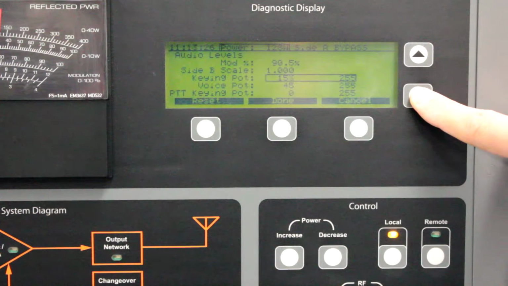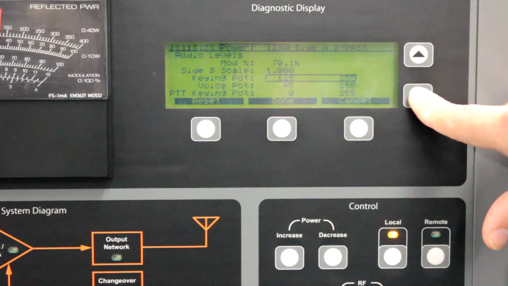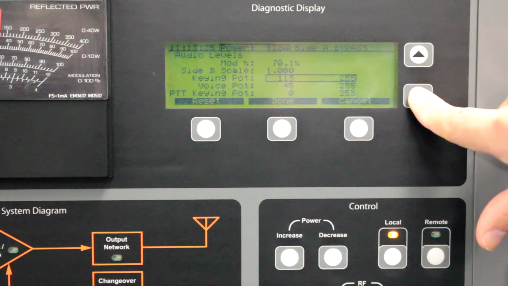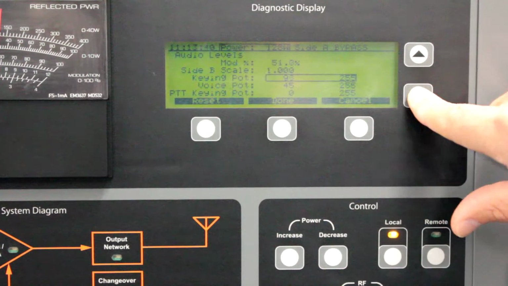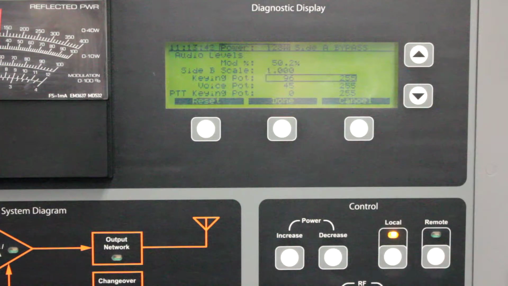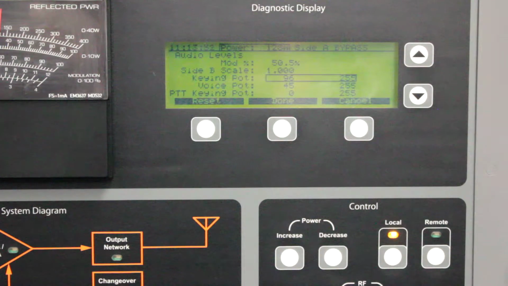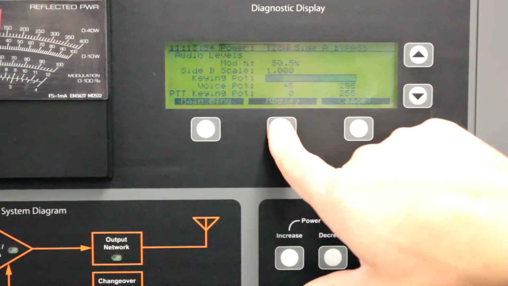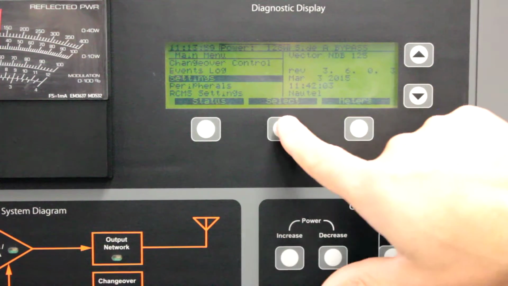Now typically the low modulation you want is going to be like 60% or less of your typical operating. So since we're operating at 90, we want our low level to be around 54% or maybe a bit more. So just set it there, make sure it's stable because we are keying. Okay, so now the modulation level is 51%, so this can be our low limit. That's fine. I'm going to hit done, go back to the main menu, and then go back into settings,